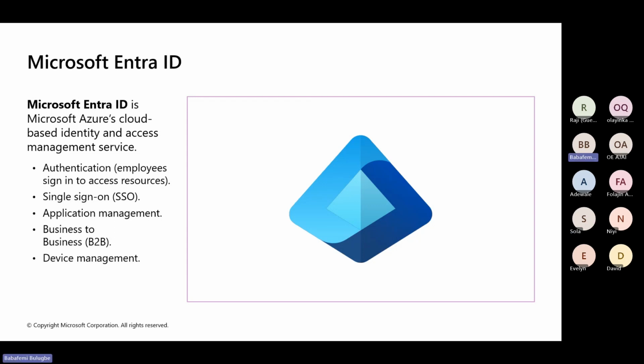So before you can even authenticate into a resource, you need to be authorized. You need to be assigned a permission, like Inka has asked. You need to have an RBAC role assigned to you before you can actually access a resource,